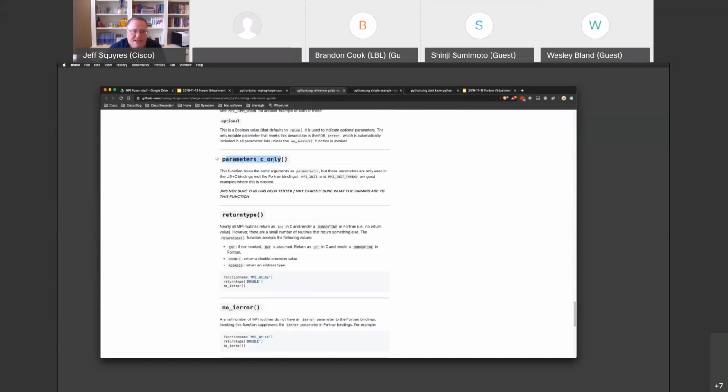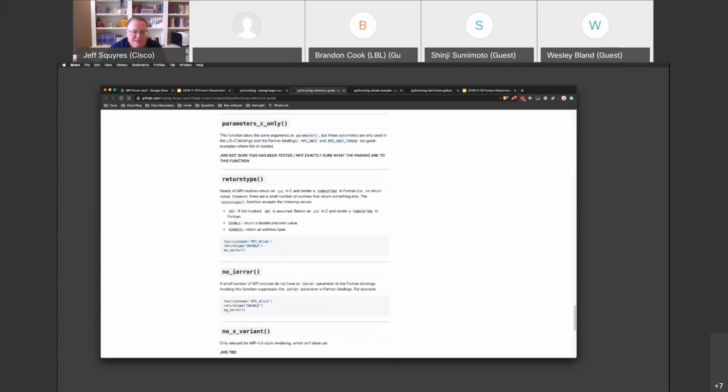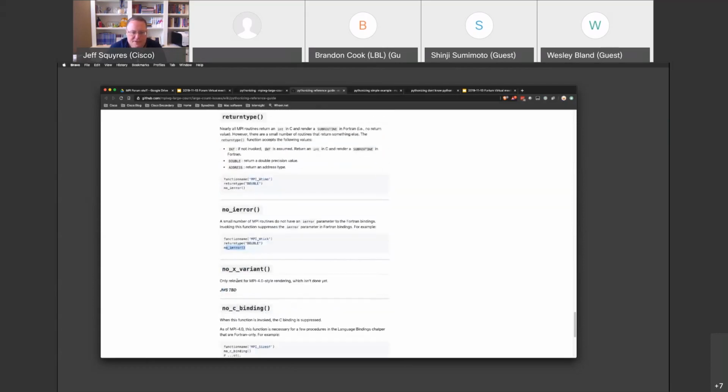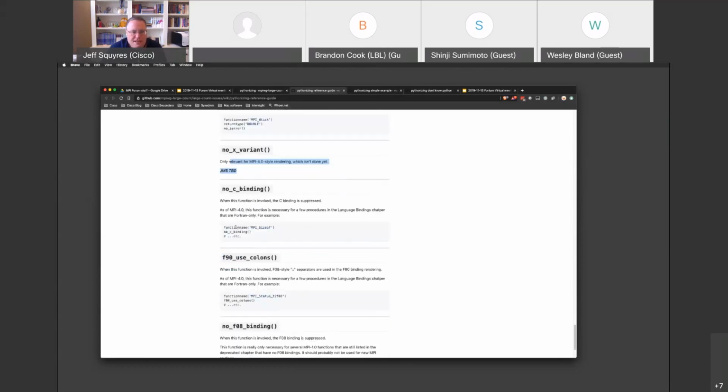MPI init, for example, has some arguments that don't show up in the Fortran side. MPI wtick and wtime have a different return type, and also don't have an iError parameter. This one we may need for embigament. We'll get back to that one. For a couple of functions like MPI size of, there's no C binding.